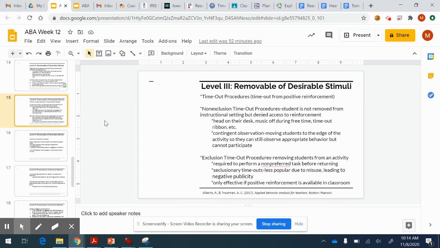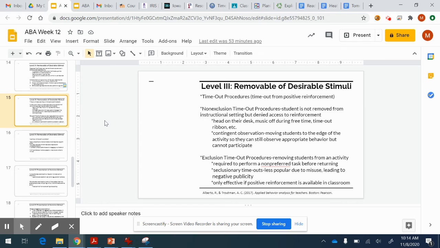The author talks about a timeout ribbon. This is something that I had never considered before. I can't say personally that I love it, but the student wears some sort of ribbon, badge, or sticker to show that they're able to earn reinforcement. And when they have shown inappropriate behavior, that ribbon or badge or sticker gets taken away from them so that the teacher knows who is not able to earn reinforcement at that time. Again, not personally something I might try,